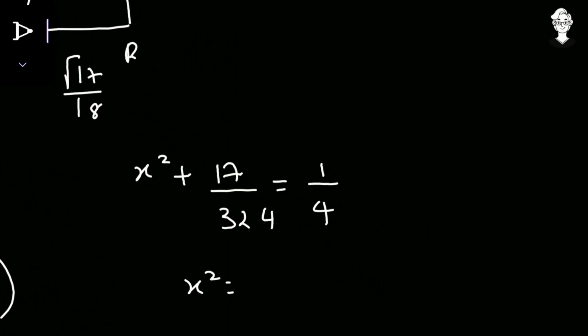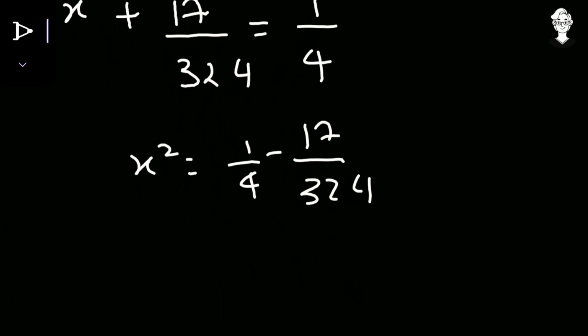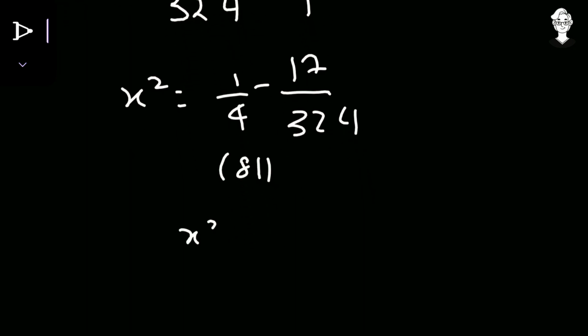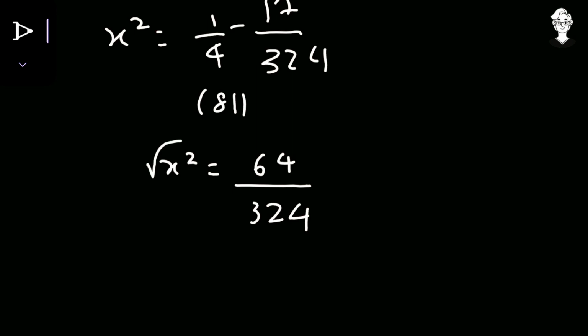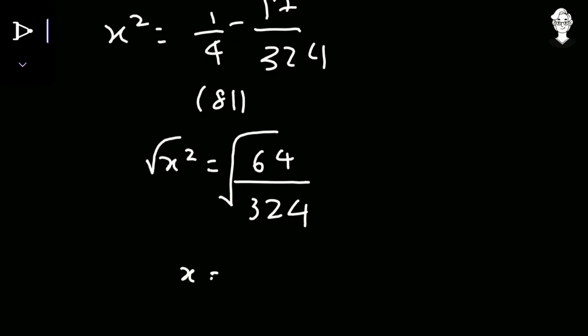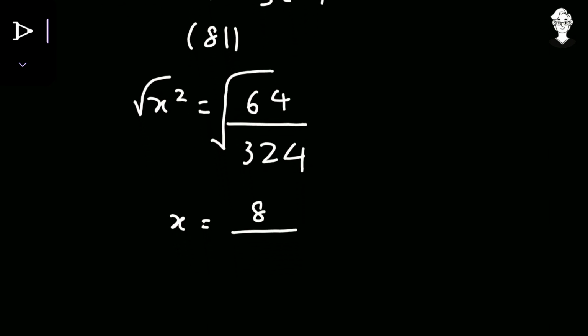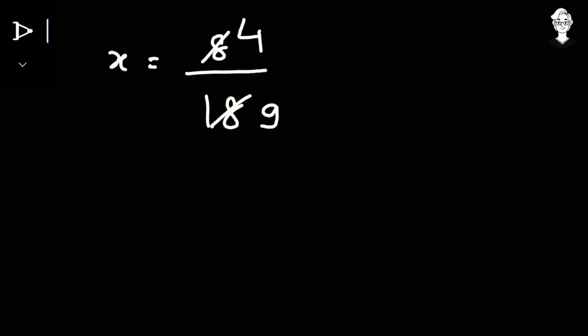So x square is equals to 1 by 4 minus 17 upon 324. Taking the LCM, in 4 we have to multiply 81. So we have that x square is 81 minus 17, that's 64 upon 324. Both are perfect squares. If I take the square root on both sides, square root of x square becomes x. Square root of 64 is, not 16, it's 64, square root becomes 8, and square root of 324 is equals to 18, as we have seen. So from the table of 2, 4 and 9, we get that x is equals to 4 upon 9, and that's the answer.